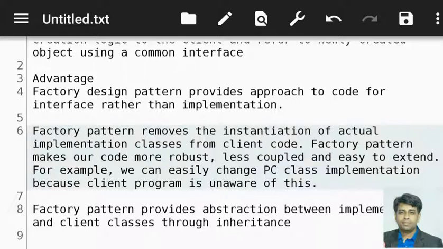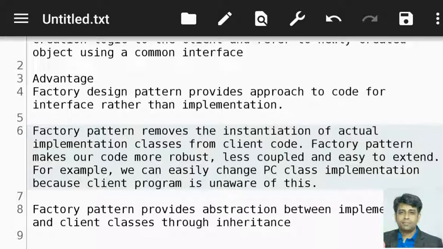Not the implementation, because in the static main method I am calling the factory class, and we are just returning the object with the type of the interface. So that is why we are using the interface, not the implementation. We are not using the three-wheeler car and two-wheeler car classes. We are using the type which is car, so we are not using the implementation, we are using the interface here. So it is another advantage.